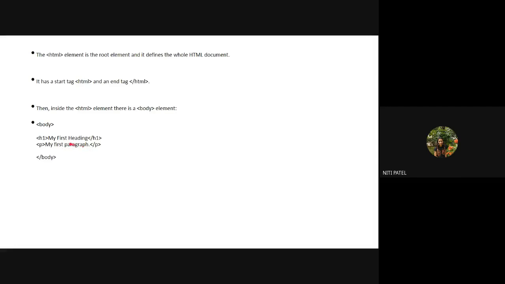Remember that if you have opened the tag, you always have to end it also. If you skip it, this line might not display properly on your web browser. Understood? Yes, ma'am.